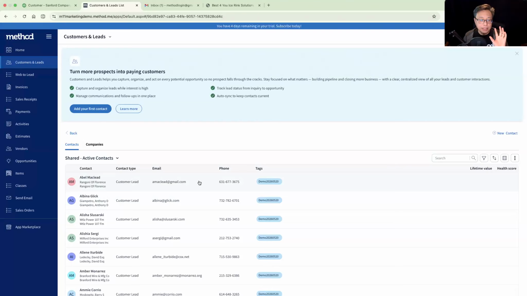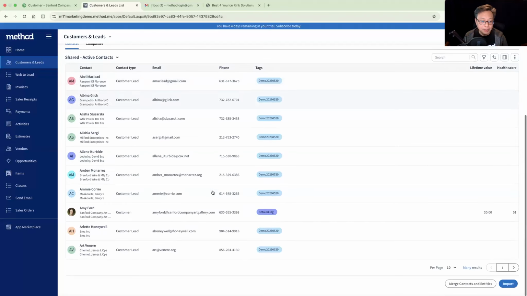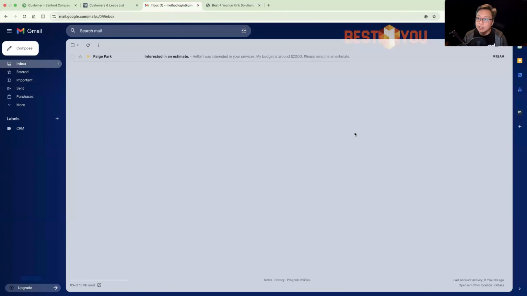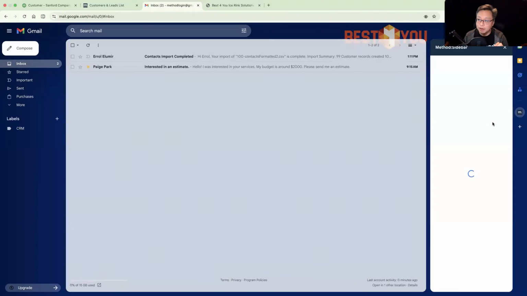Now that's a second way that you can import leads. One was that manual way where you click new contact. Another way is through here. But I'll show you a third way to import leads, and that is through something that we have called the Method email gadget for Gmail. It's a really long title. There's probably a better one, but it's the Gmail gadget for Method. Anyway, I put it off here. Oh, it's called the Method sidebar. I am so sorry. We also have a gadget for Outlook, and I think that's called the Method Outlook gadget. And then the one for Gmail is called the Method sidebar for Gmail.